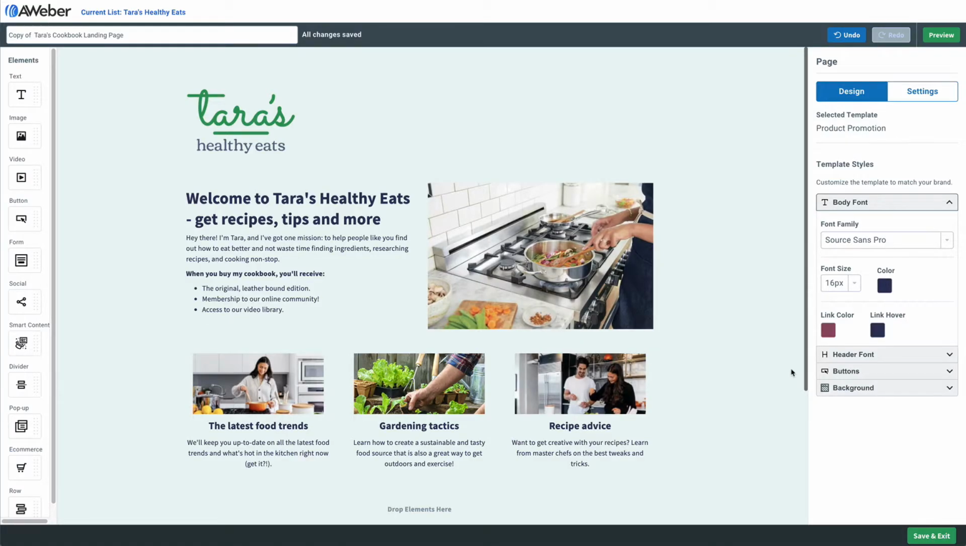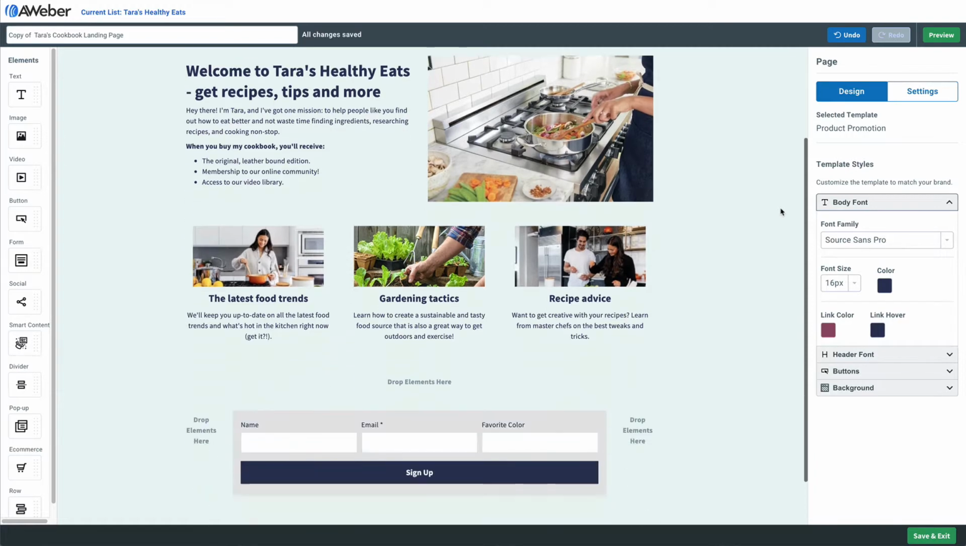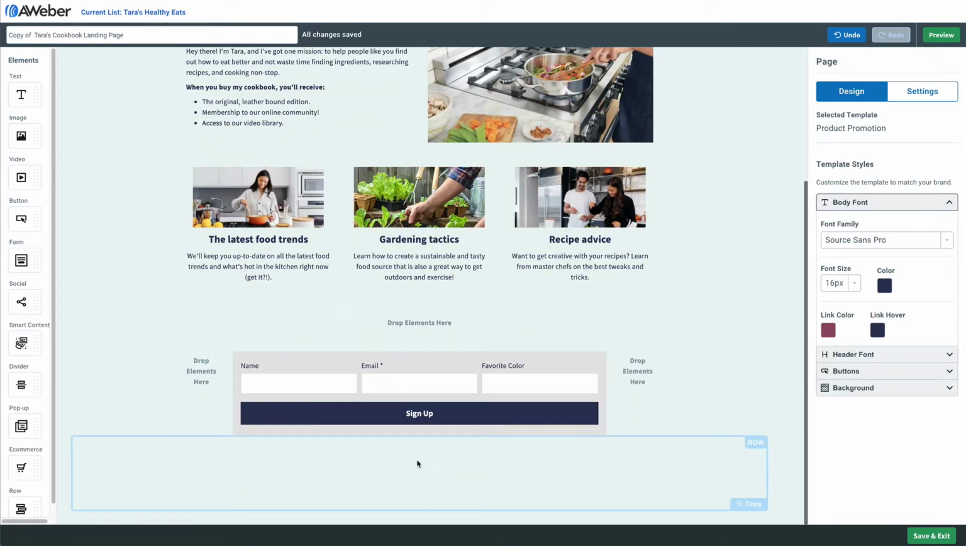Adding social sharing elements to your landing page makes it super easy for visitors to share that page with their audience, expanding your reach even further. Now, lots of Aweber landing page templates already come with the social sharing buttons built in, but I want to show you what happens if they aren't there or you want to add it to your own built from scratch